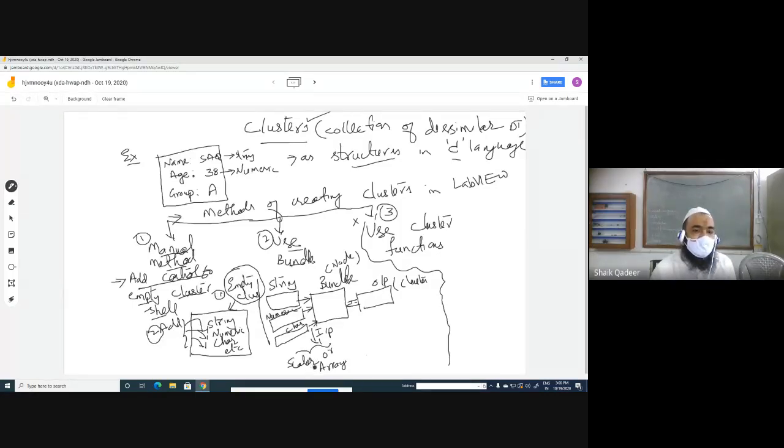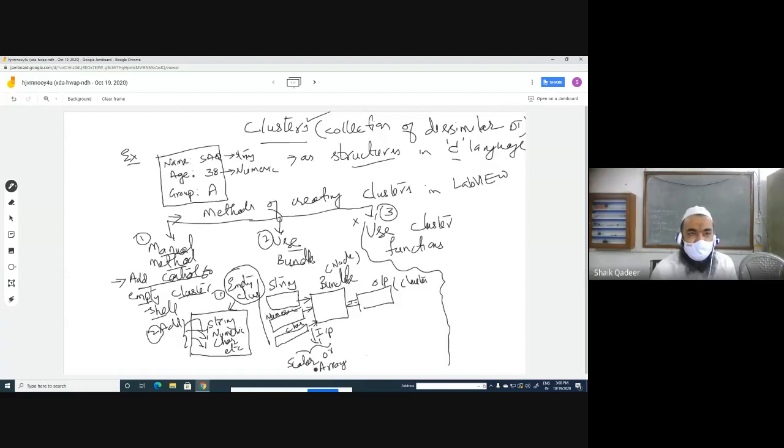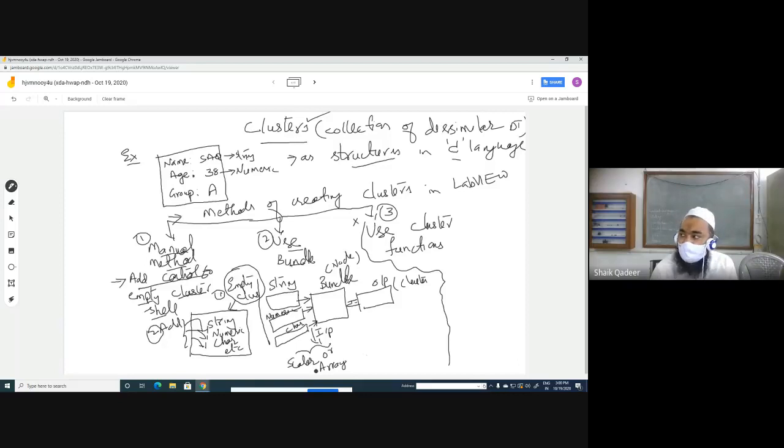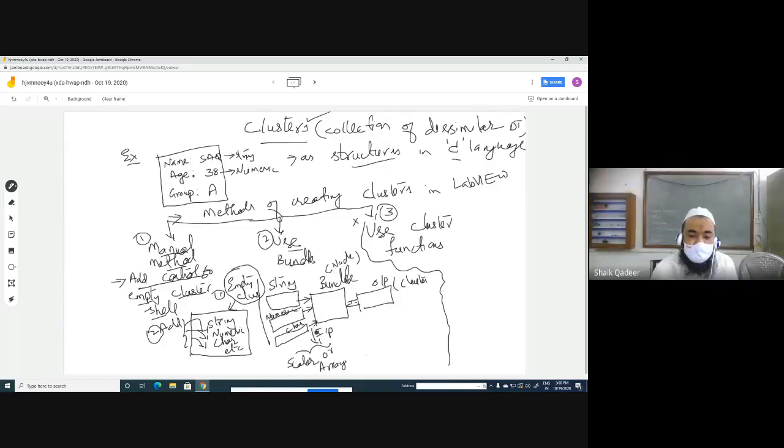Single element. Scalar means a single element, like one numeric element, one integer element, one boolean element. A single element is called a scalar variable. A collection of these scalars makes an array. So the input to bundle can be a scalar quantity or it can be an array.